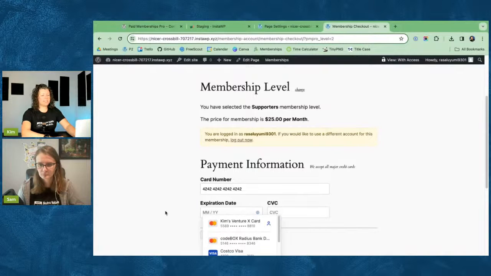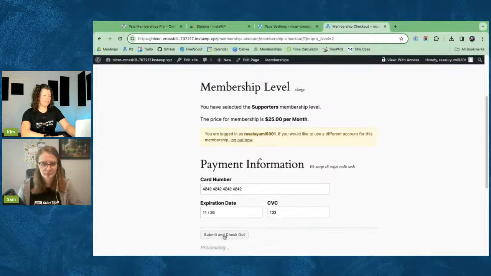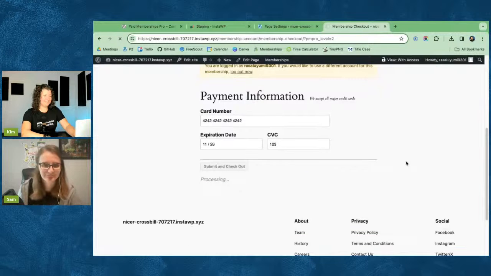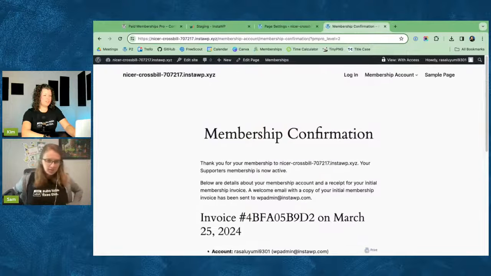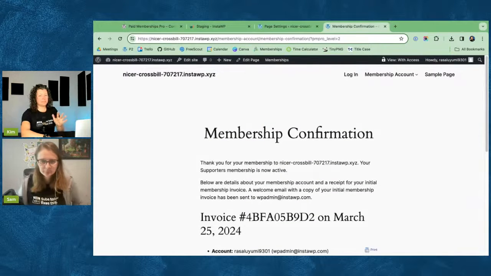This is a Stripe testing credit card. It's still showing me. Are you guys seeing my modal with my credit cards? It doesn't give much information. We just see the option that you can use your OnePass or whatever you use. Okay. So I just did a Stripe test checkout with the testing cards through Stripe to set up a membership